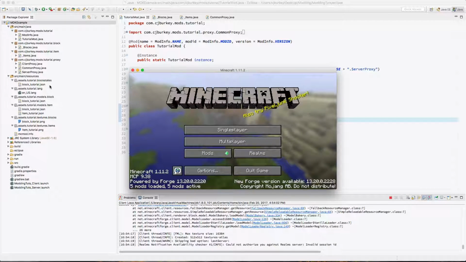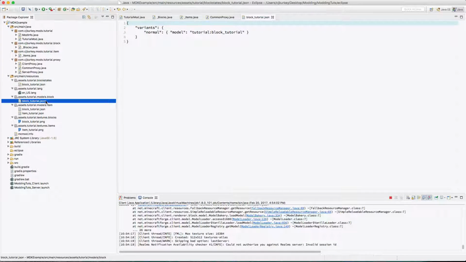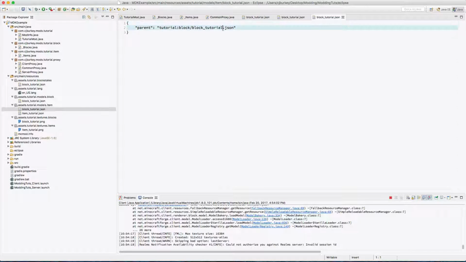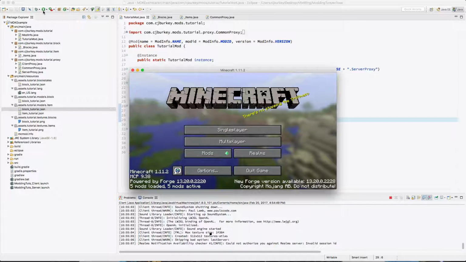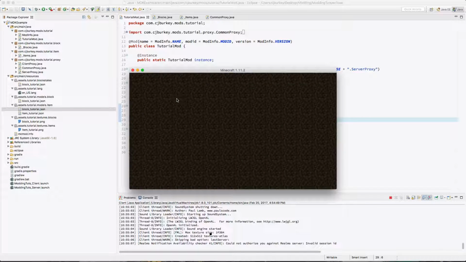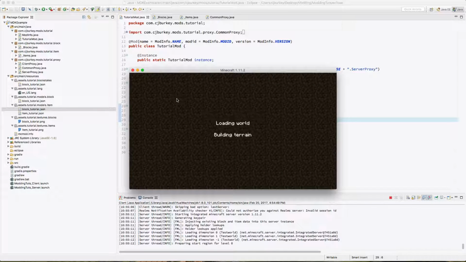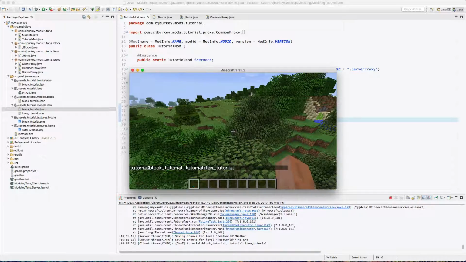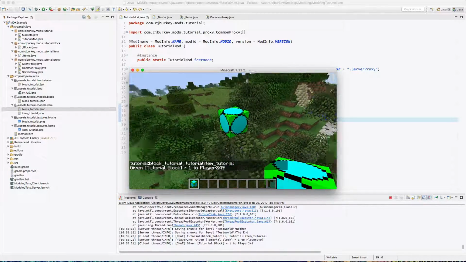Okay, so it didn't work, but I think I can see where the error is. Yes. So in the item model definition, I accidentally added .json to the end, but because that is done for us, we want to make sure we don't do that. Okay, so there actually were not any console errors this launch, which is a good sign. Moment of truth, we give ourselves our tutorial block, and holy crap, it's textured,